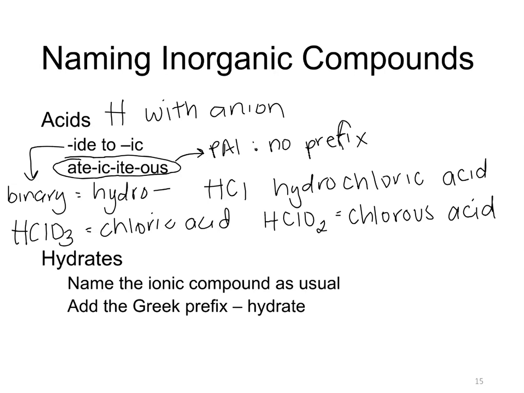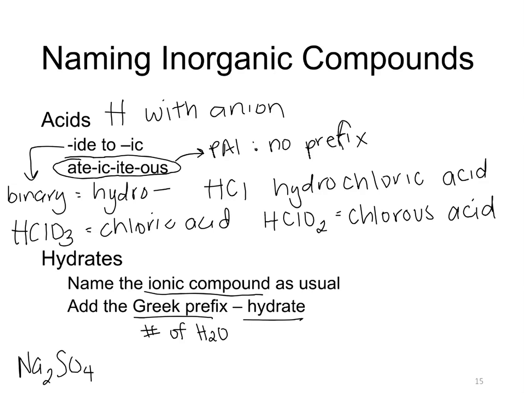The last kind of inorganic compound is a hydrate. And a hydrate is just a compound that has water in its chemical structure. So it's always going to be written as some ionic compound and then a dot with water. So you're going to name the ionic compound as you always would, but then you have water attached, which is covalent. So we use the Greek prefix to show the number of waters, and then we say hydrate at the end. So for example, if we have something like